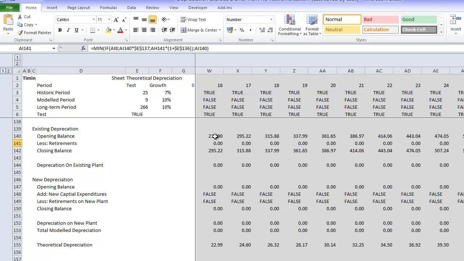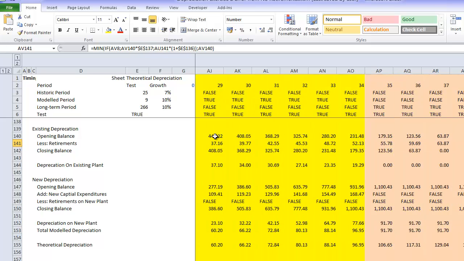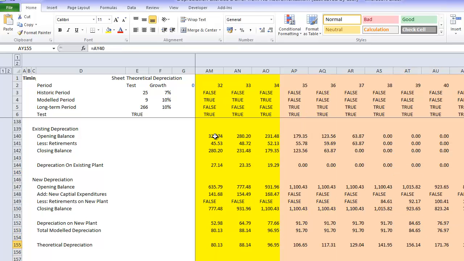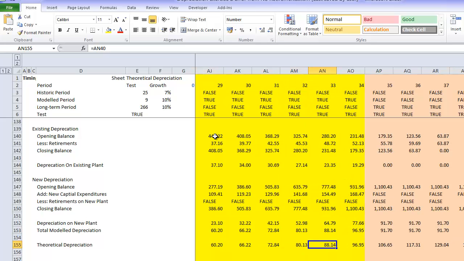Okay, and so let's make sure that here then our retirements go to 0, and we have the, whoops, oh no,